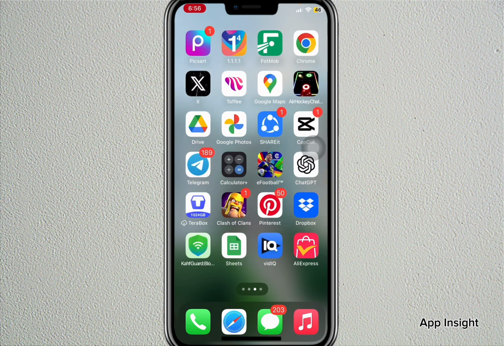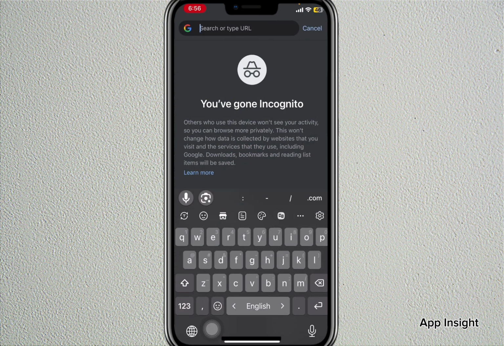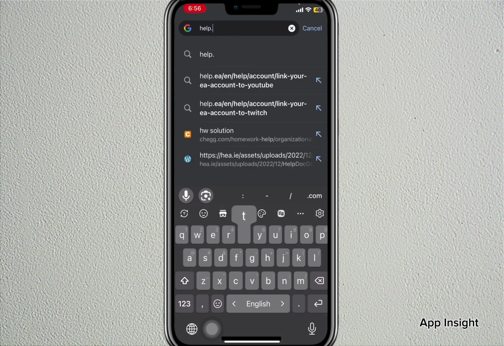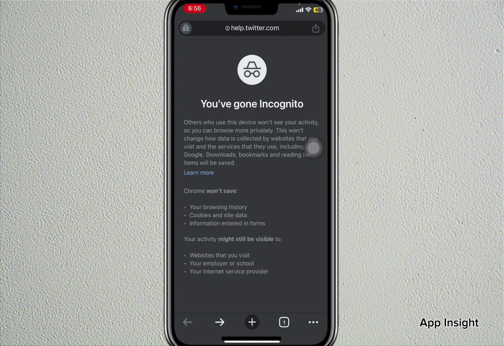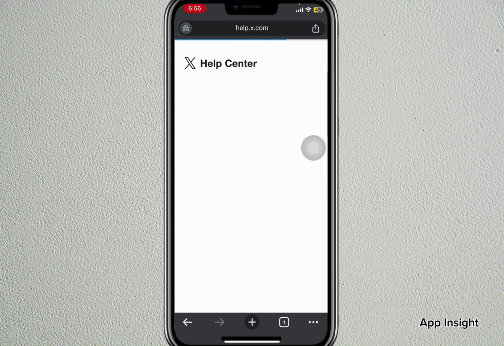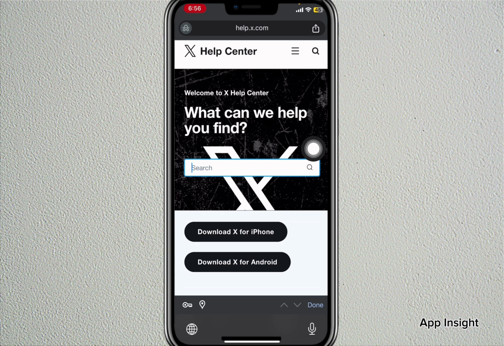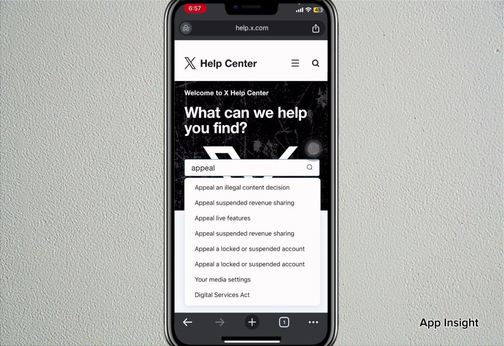At first open a browser from your mobile, then in the address bar just type help.twitter.com. Okay, it's twitter.com. Then you will see a search option, just click on here. In the search box just type appeal, search,